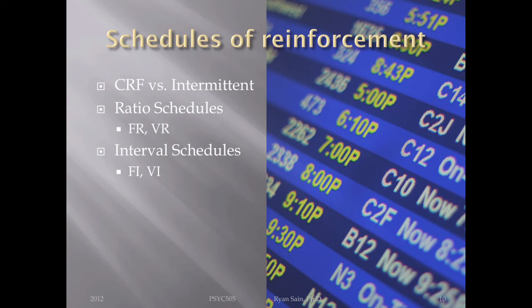So think about looking for the bus. You're standing out there waiting for the bus. You know it's supposed to be there at 8:32. So at 8:31, you start looking up for it. At 8:31 and a half, you look up for it again. 8:31 and 3/4, or 45 seconds, you're going to look up again, and so on and so forth. You just keep looking. You look more and more frequently. So you're accelerating your behavior, and then all of a sudden the bus shows up. Bingo, you get your reinforcer for getting on the bus. Right? So that's that.